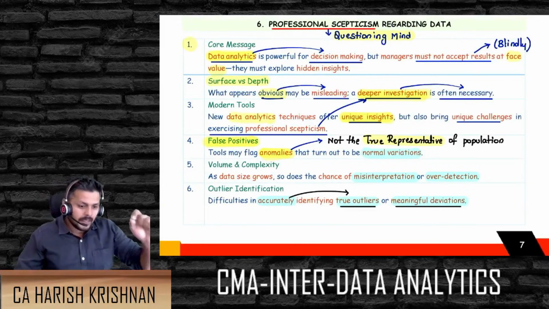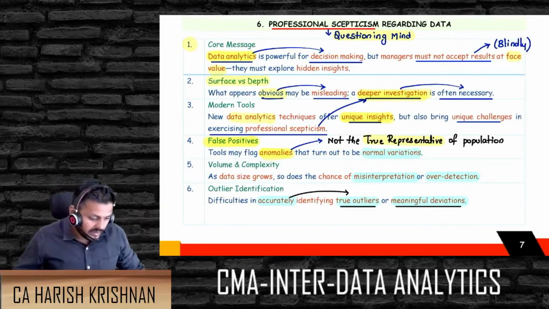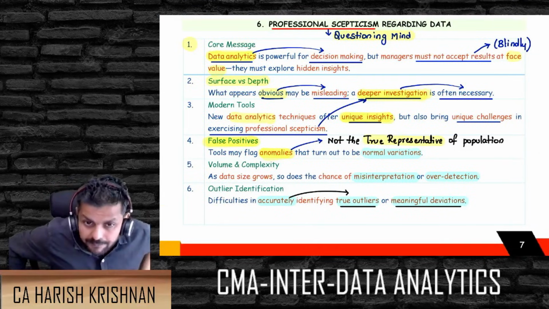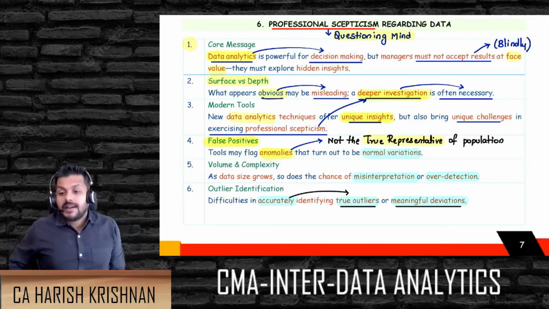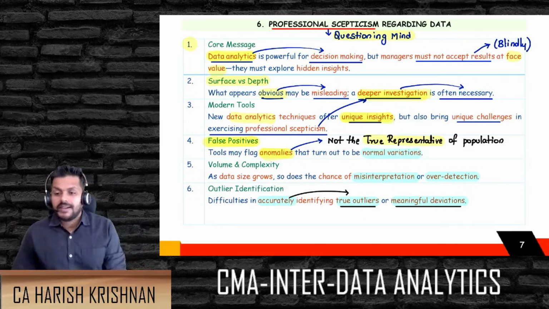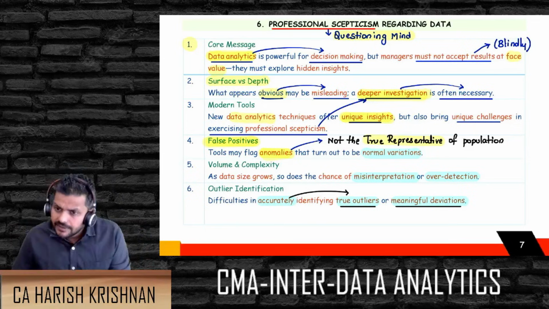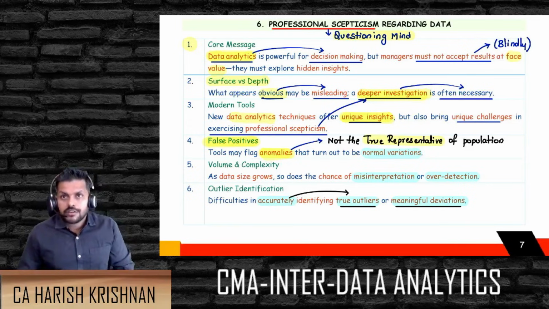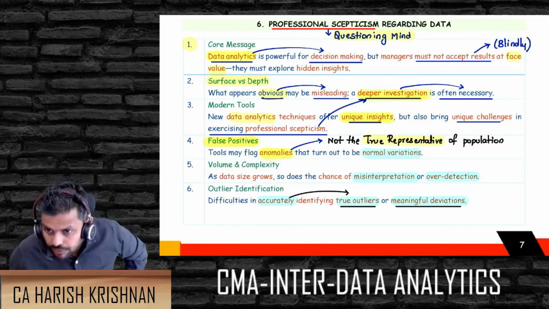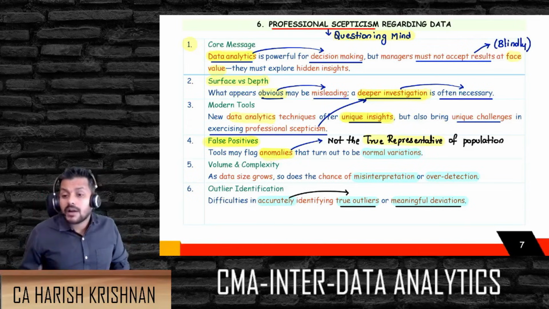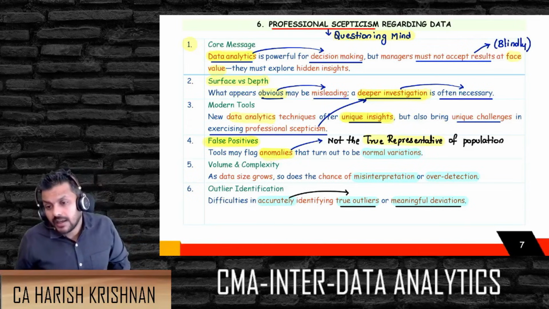Guys, the last piece of this chapter's discussion is about how you can gather data and then later use the data very ethically. Gathering and using of the data very ethically. It is a very important part of our understanding, because data can be collected from multiple sources. But how you are going to use the data is also a very